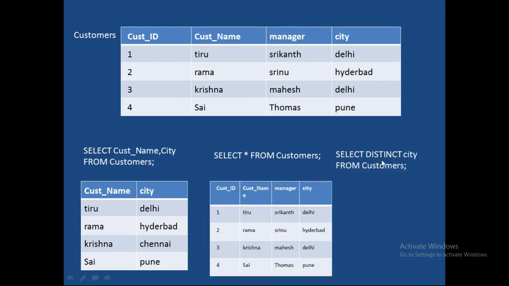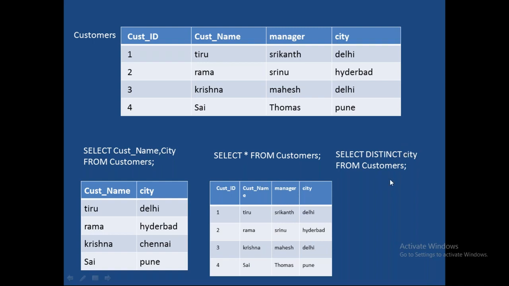Next, when you say select distinct city from customer. City means it is going to give only this entire column. But distinct means unique. If you look at here, Delhi, Hyderabad, Delhi, Pune. So Delhi is repeated twice. In the result, you will get it only one time because you are using distinct